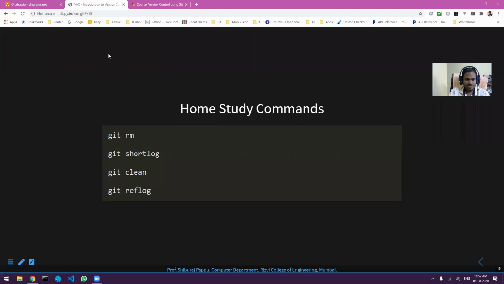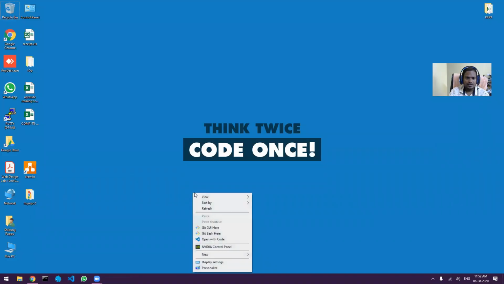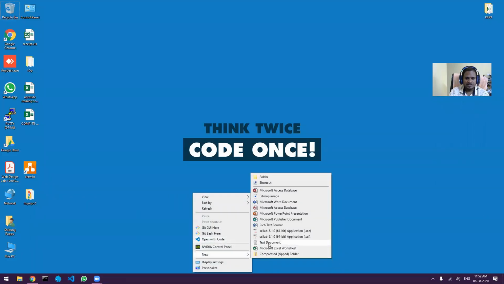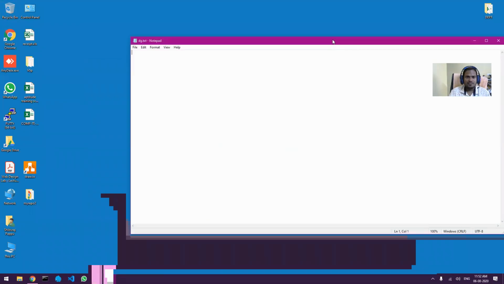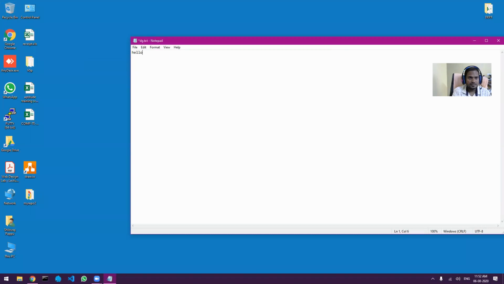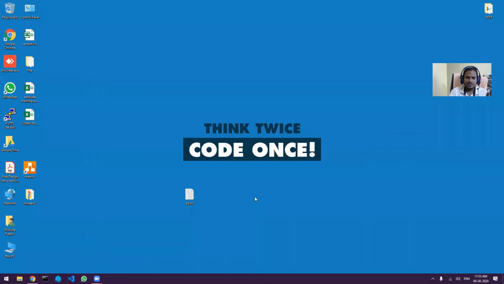Let me show you one thing. Let me create a text file, and I will just add hello over here and save it. Now I do git add. Let's suppose this file is in a git repository, and it is now in the staging area, right?